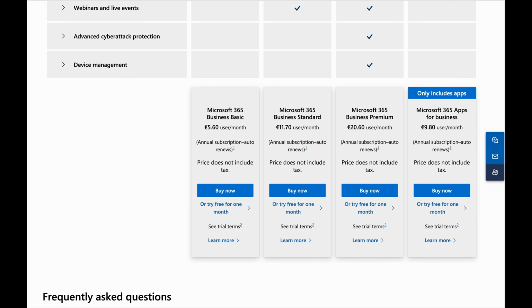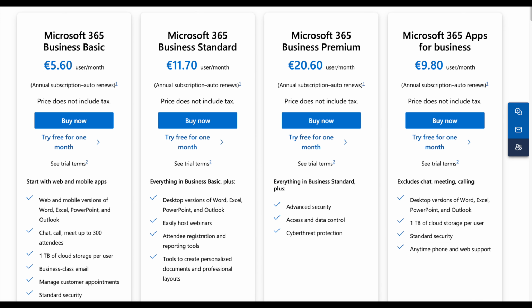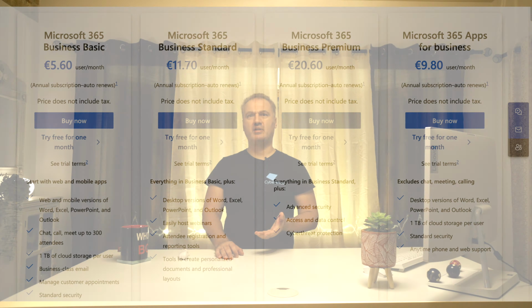And I have to state here that Microsoft Business Standard is twice as expensive as Business Basic. For example, they asked me to pay 400 euros for the 6 licenses for Business Basic for 1 year, and Business Standard is 864, if I remember correctly, euros for the same 6 licenses.